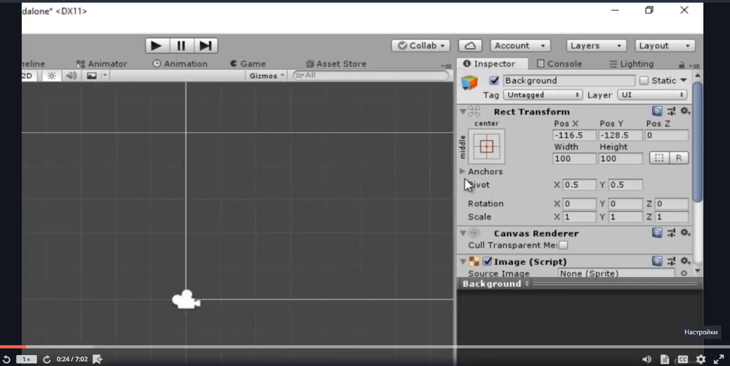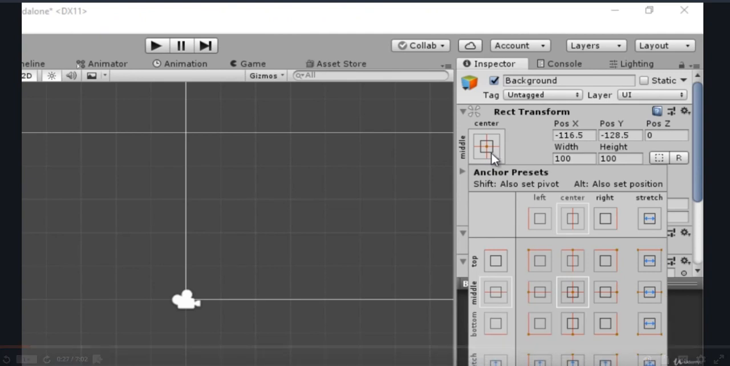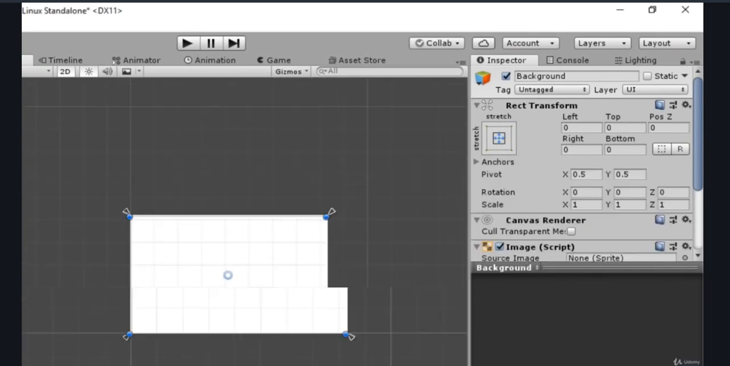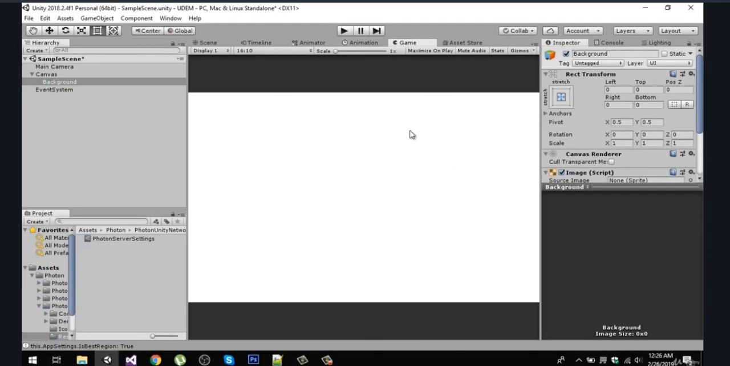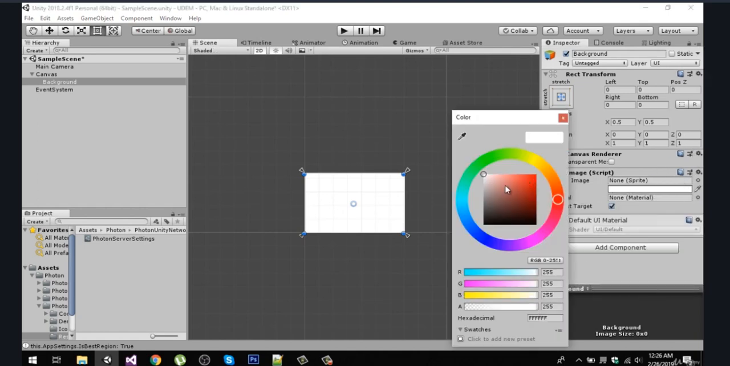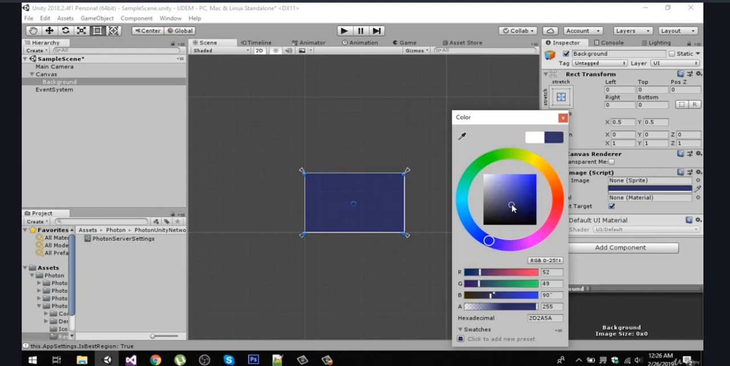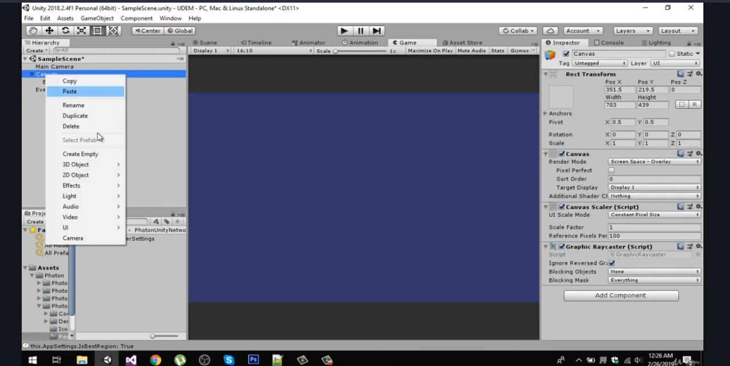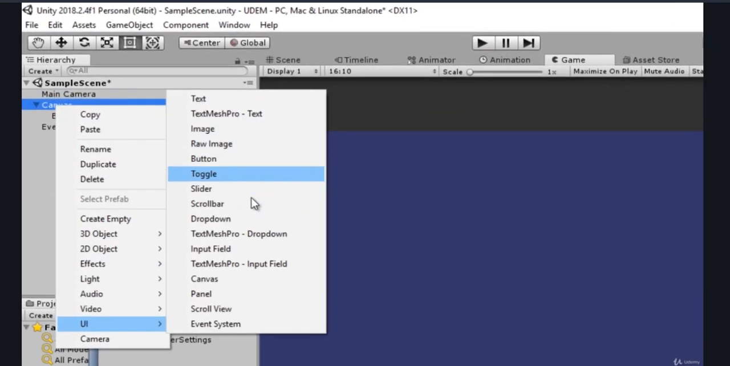Now let's go to this rect transform and hold the alt and shift key to stretch this image to the whole canvas. So if I double click, in the game view you can see that our image is stretched to the whole canvas. Now I am going to change the color of this. So that's fine. And after that I am going to create a button,